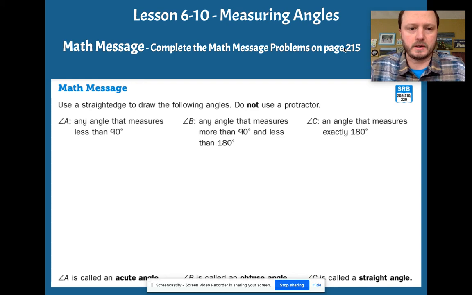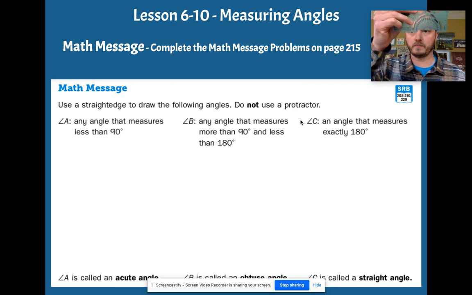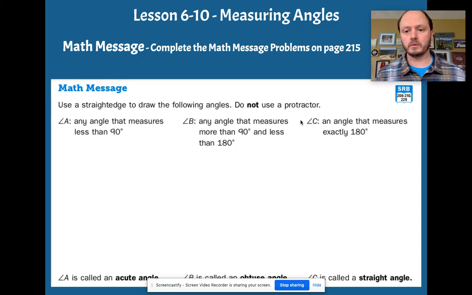But our math message was to use a straight edge to draw the following angles, and do not use a protractor. Now, I'm guessing that many of you do not have a protractor like this one, or a template like this one. So we are going to get a little creative, and we're going to be using a website that will help us measure angles and manipulate something that resembles a protractor, and it will hopefully work out for us. But first, let's try